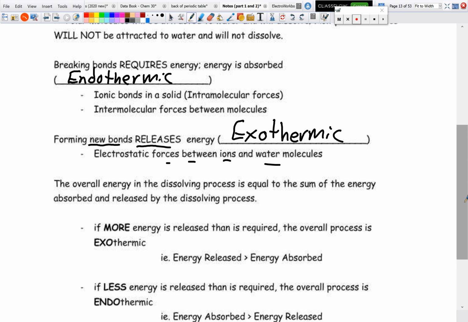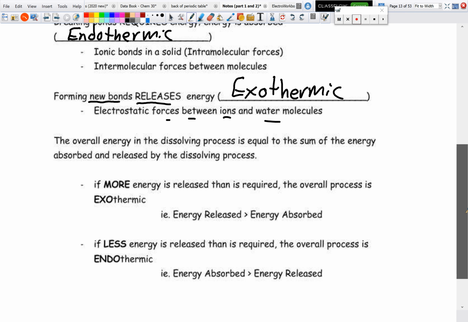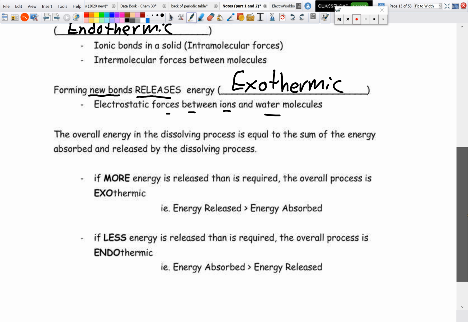Now, every single process is both endothermic and exothermic. So, depending on whether something is going to release energy or absorb energy, we have to look at the overall process, the net. So if more energy is released than is required, then the overall process is going to be exothermic because we have more energy being released. Another way to think of it, if the energy released is greater than the energy absorbed,